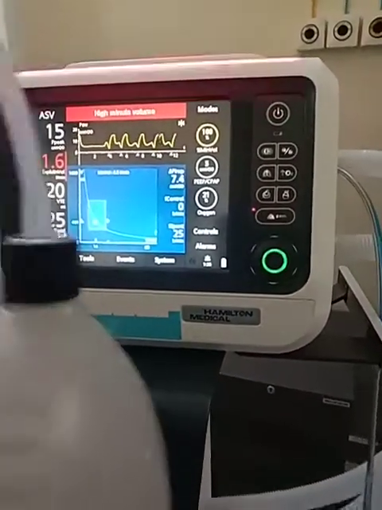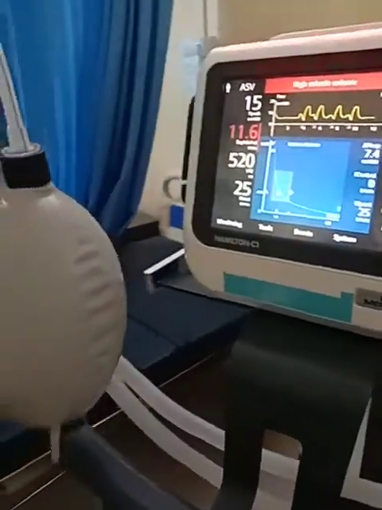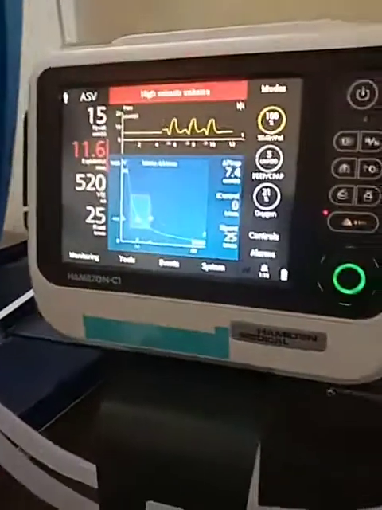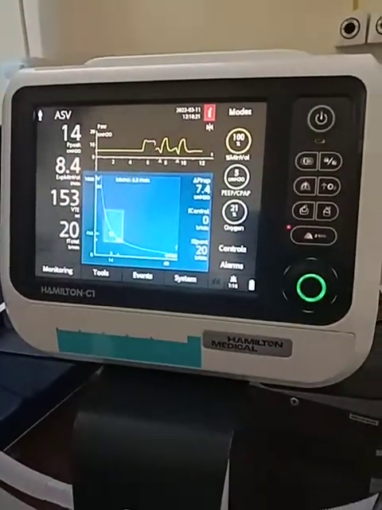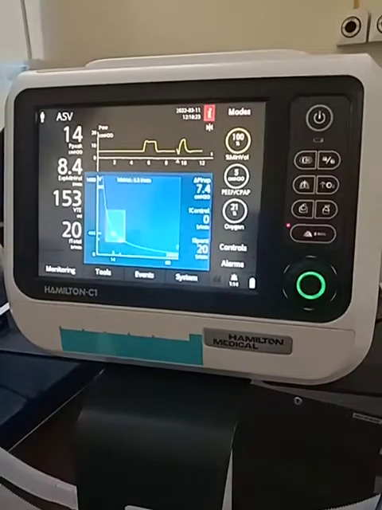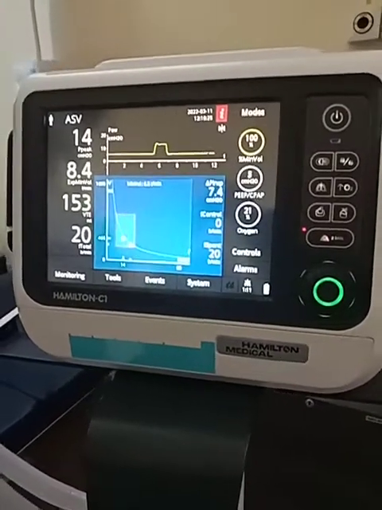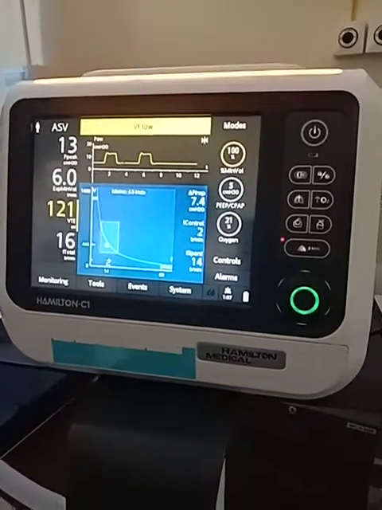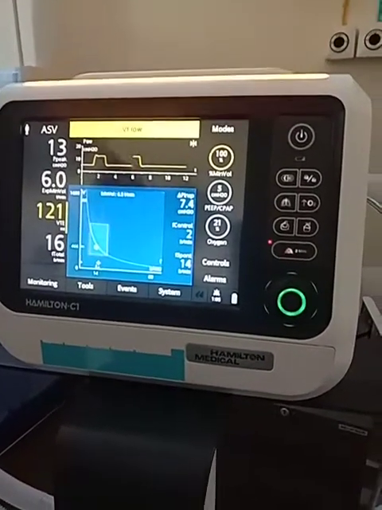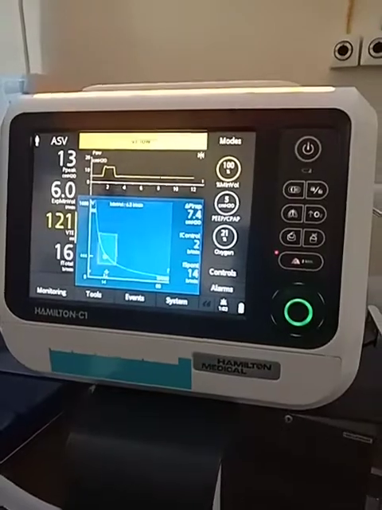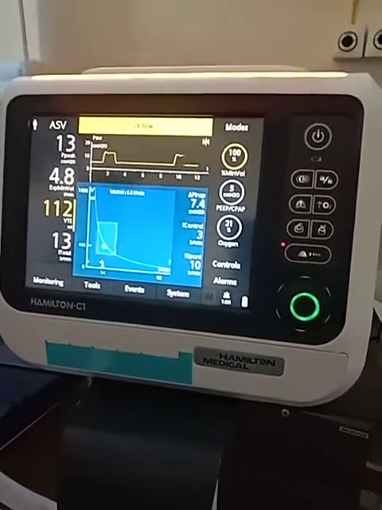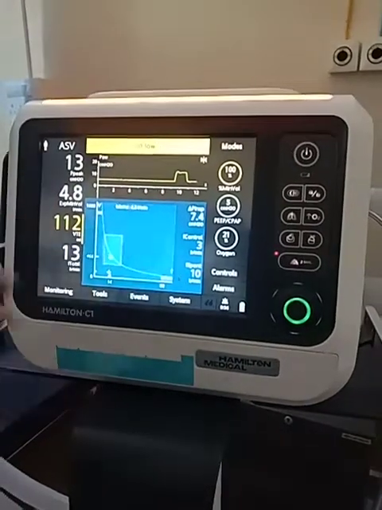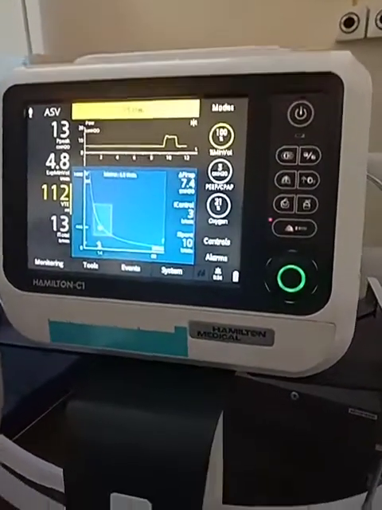Now let's say in a situation where the patient has stopped breathing, what happens? When the patient stops breathing, the patient is still in ASV mode. The mode will ensure that again it gives test breaths to the patient and understands the change in compliance. How many seconds will it take? 3 breaths, sir, which is about 5 seconds to 8 seconds maximum. But it will already start giving breaths, and it will adjust for the ideal tidal volume. So now you can see the control breath is increasing and spontaneous is decreasing, which means now the machine